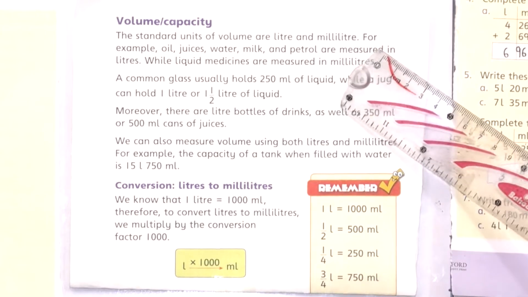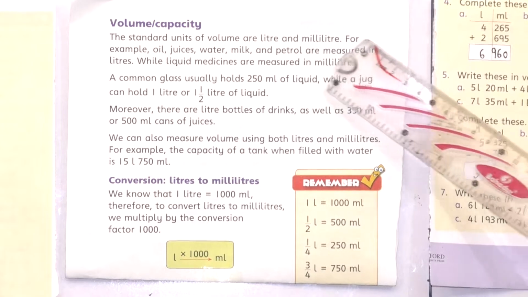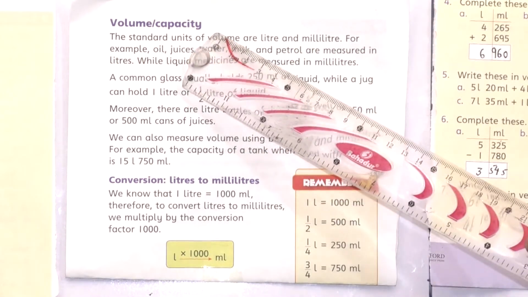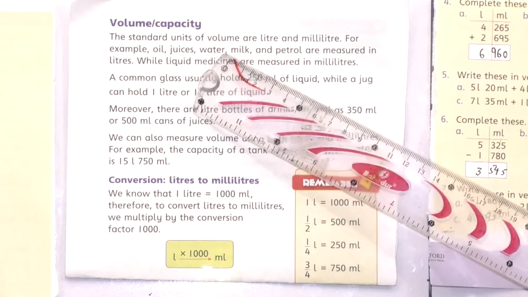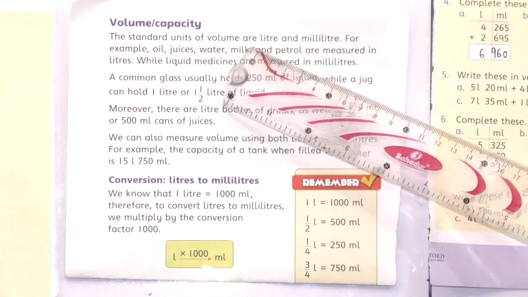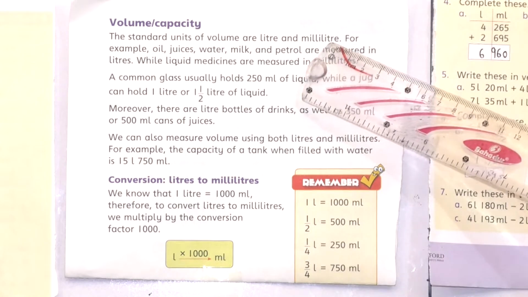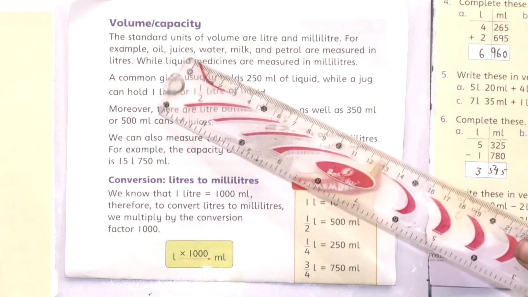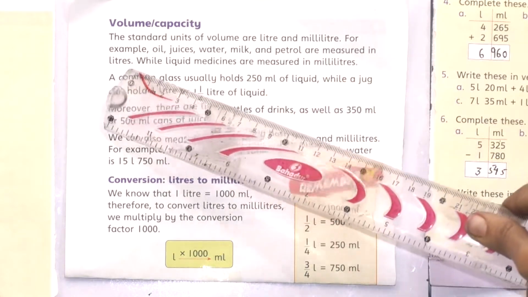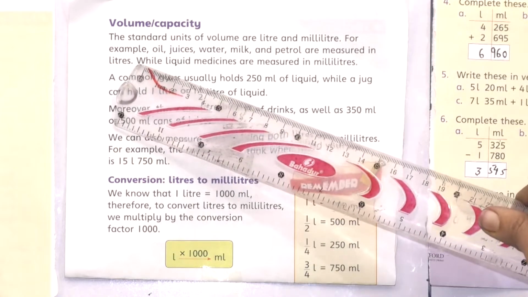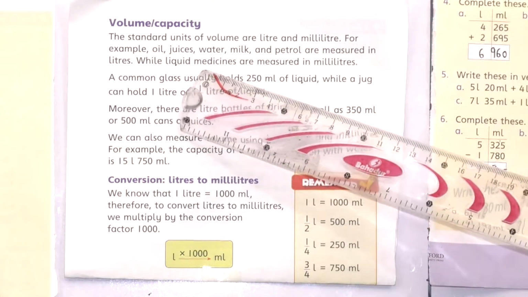Okay students, now come to exercise 5D. Before starting the exercise, let me first explain to you about volume and capacity. To find the capacity of anything, how much that thing can hold, we use the standard unit of volume or capacity as liter and milliliter. For example, oil, juices, water, milk and petrol are measured in liters. The liter unit of measurement is used to measure large amounts of liquid, while smaller amounts of liquid are measured